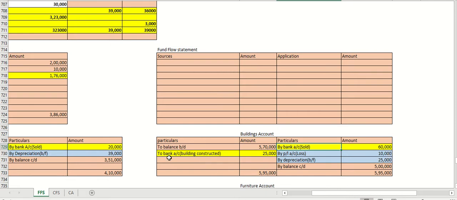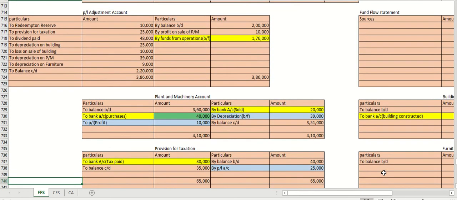And we have constructed a new building which is worth 25,000, so to bank account 25,000. Now we have the balancing figure, which is 25,000 again. Since it is a debit balance, again we are not considering the rate of depreciation that is given in the question. We will consider the balancing figure to be the depreciation. So we have the total to be 5,95,000 and 5,95,000. So our third account is